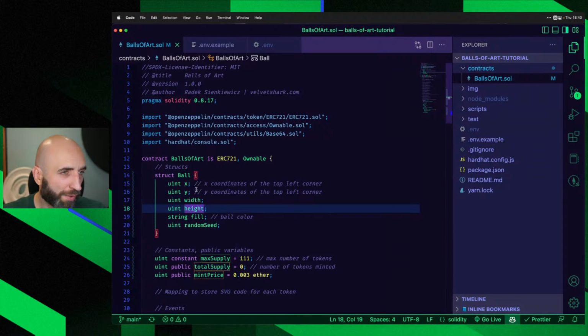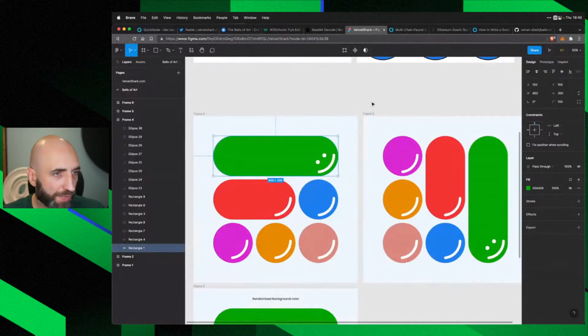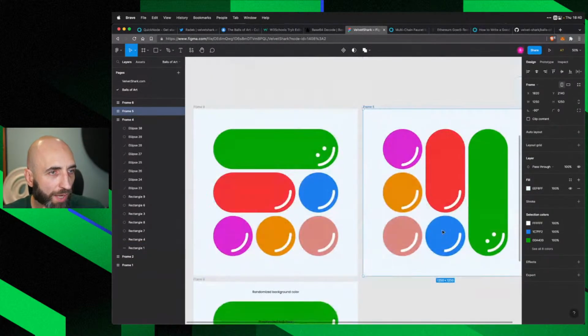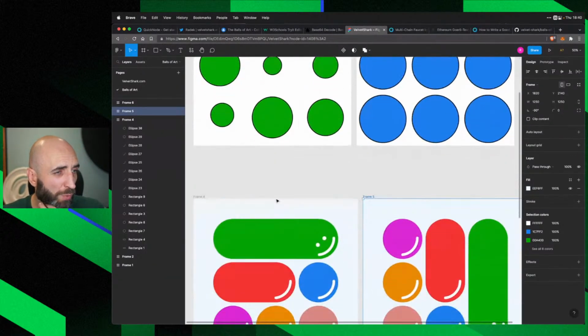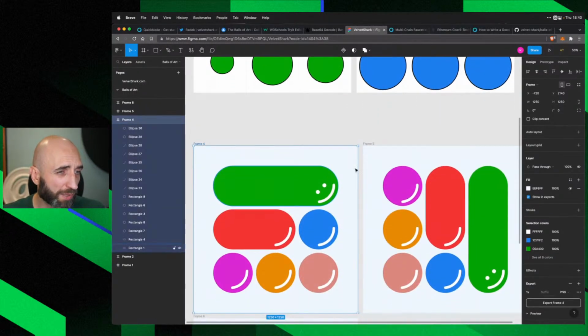Actually, the height is always 300, but this is when I played in Figma. I considered maybe having the balls like this. I played with different concepts, trying different ball sizes, which didn't look good enough. So this is the one that I settled on for simplicity, because we don't have much time, but we actually